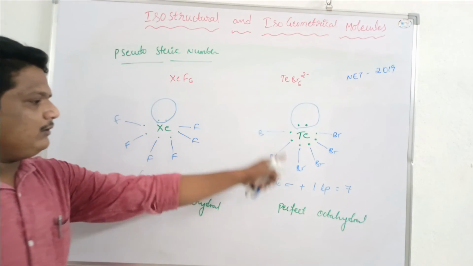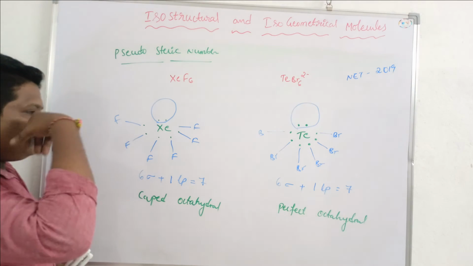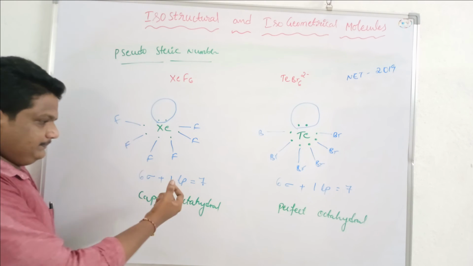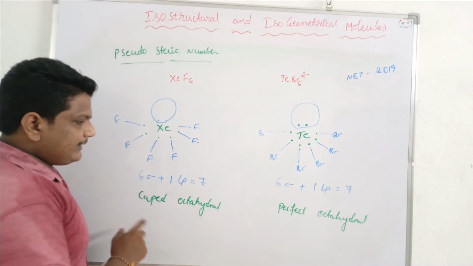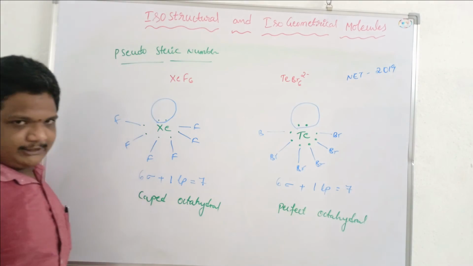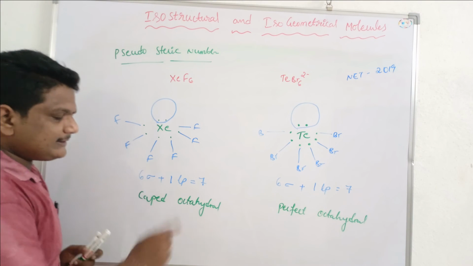So even though they have the same steric number, they have different electronic geometry, because in this case